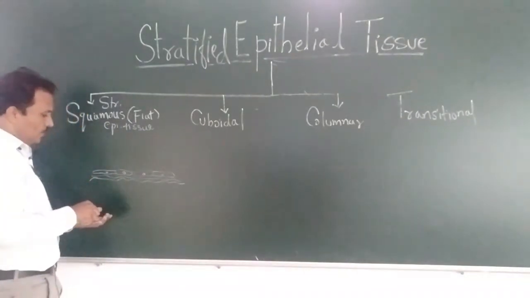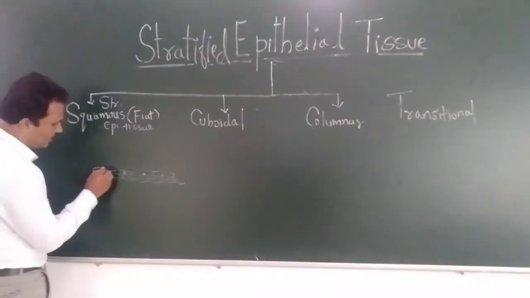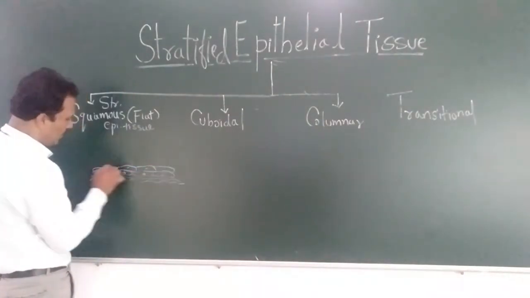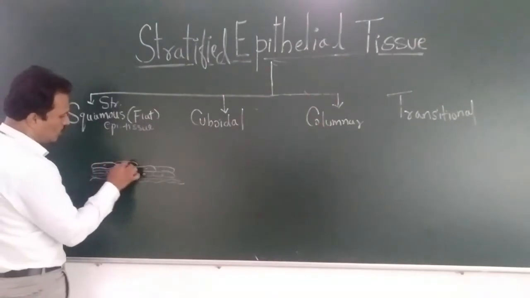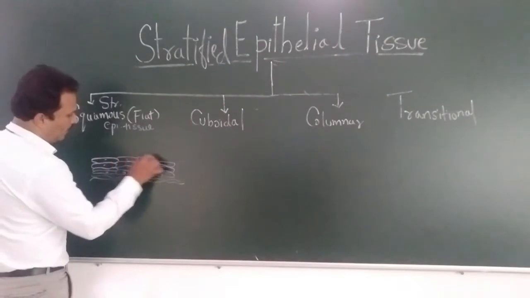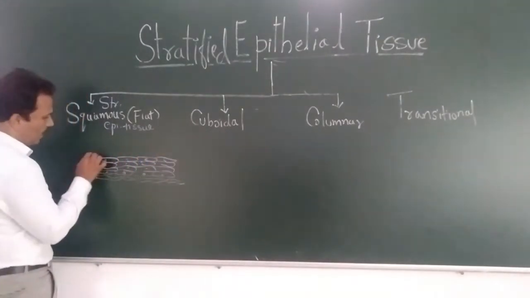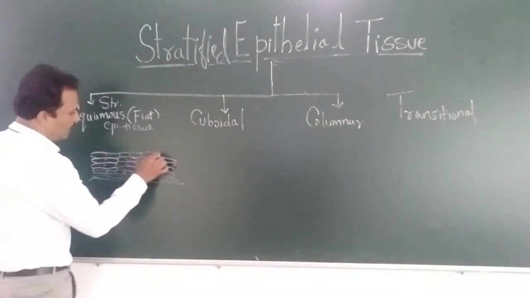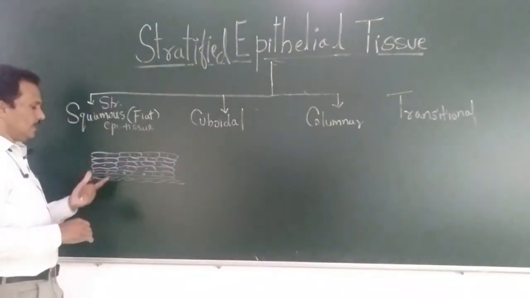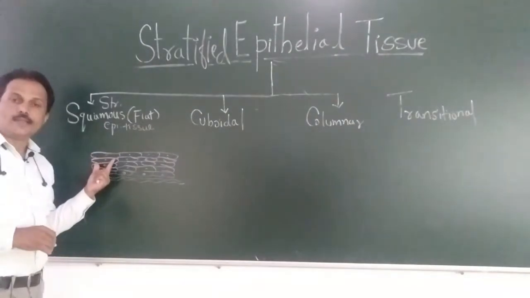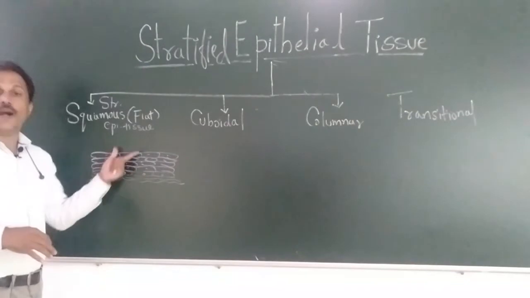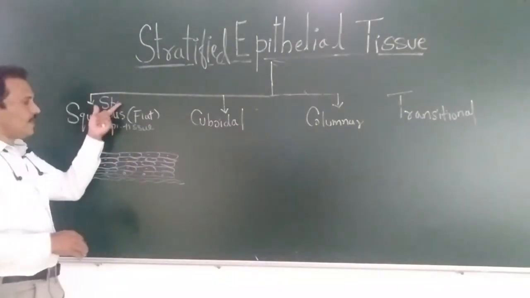So this is one layer, this is another layer, another layer, third layer, fourth, fifth, sixth. Such flat cells are present in more than one layer, or strata as we call it, that is nothing but flat cells placed on one another in more than one layer, that is nothing but stratified